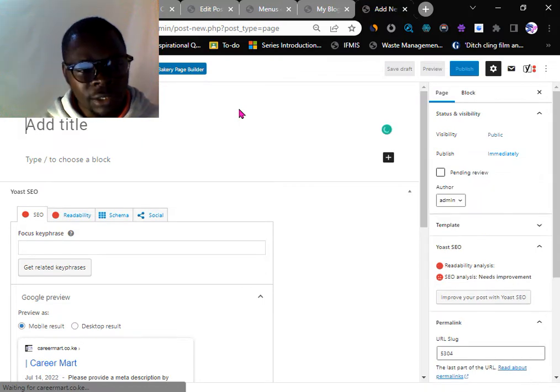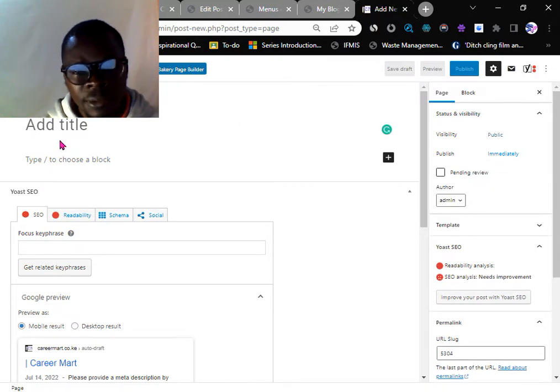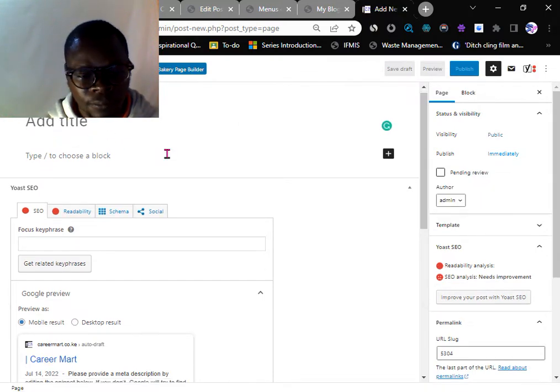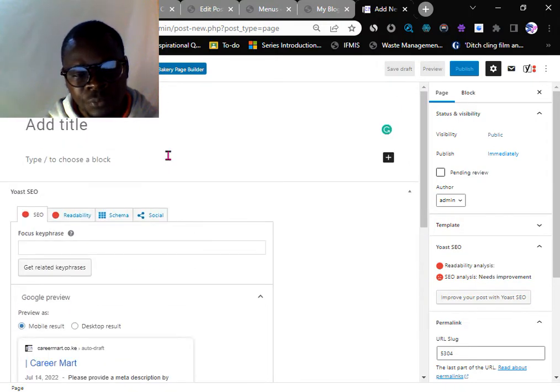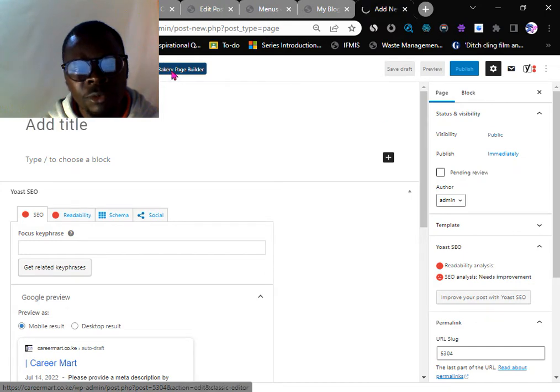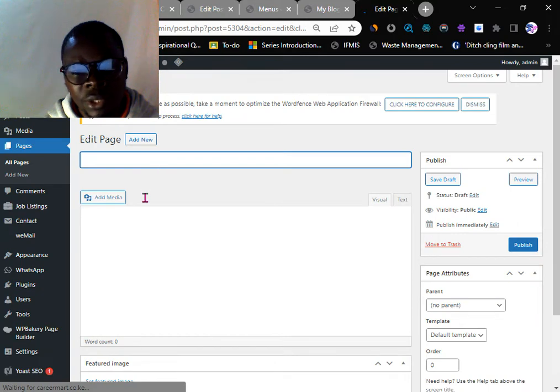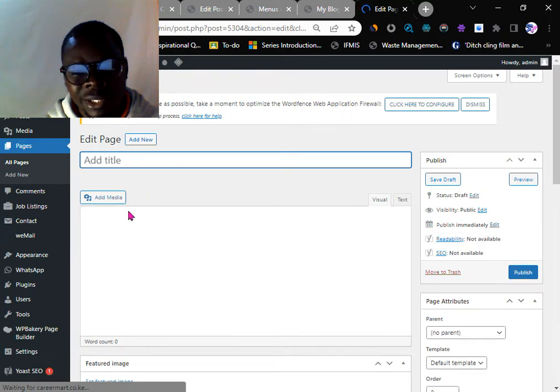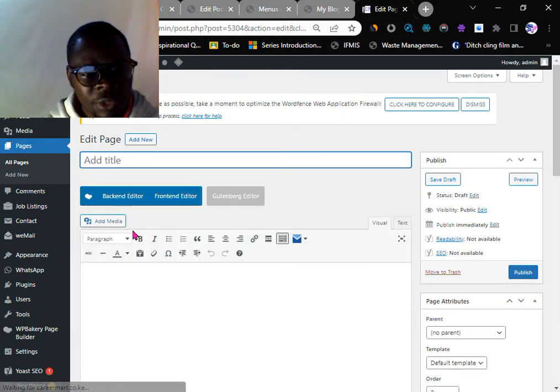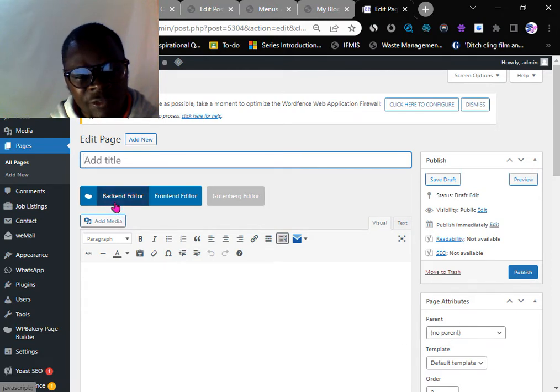Now you can see this first one that you will see is a WordPress classic editor. So what you need to do is just to change to WP page builder here. Like you can see, you have this WP Bakery. So this is what you pick, and then it will change your page. You can see now the page has changed. Now from here you can choose. You can see now we have back end editor, front end editor,